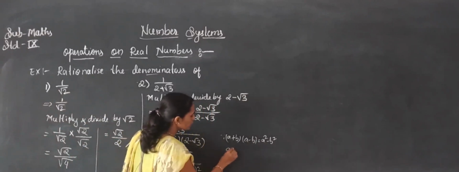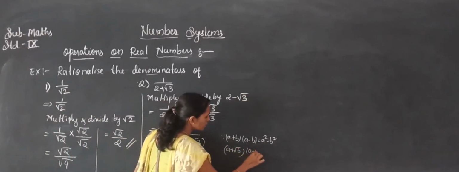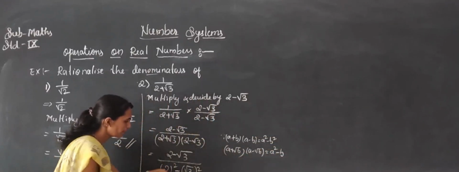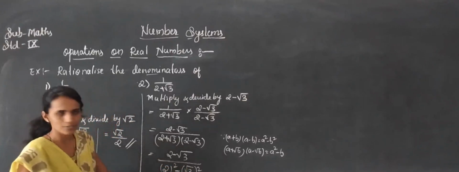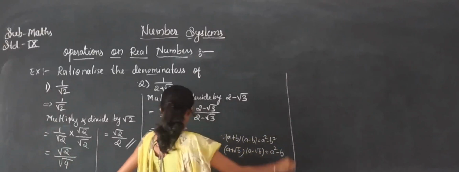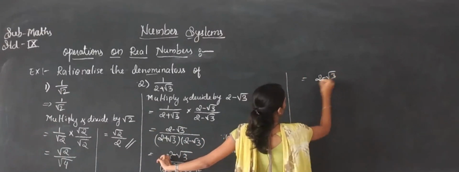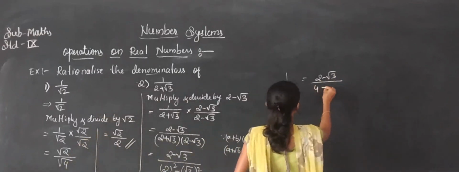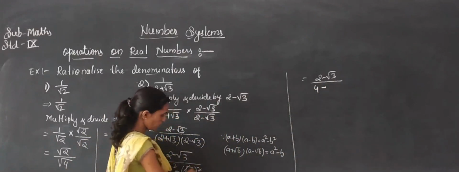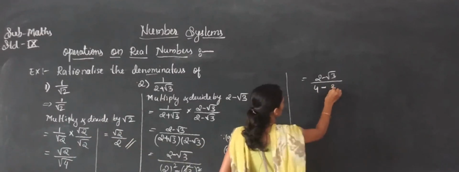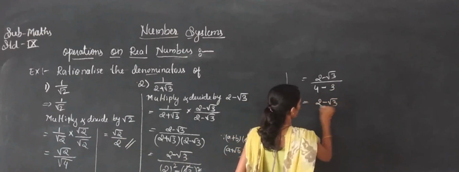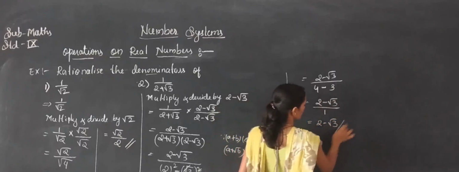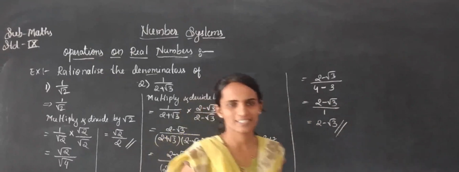So here a plus root b, then a minus root b is there, which means that will give us a square minus b. So here a square means 4, and b means root square gets cancelled, only 3 remains. So that will become a square minus b only. So then continue the steps here. 2 minus root 3 divided by 2 square, which becomes 4, and the root and square get cancelled, remaining 3. So 2 minus root 3 divided by 4 minus 3 will give us 1, which means we can write this as 2 minus root 3. Yes or no? This is easy to write here.